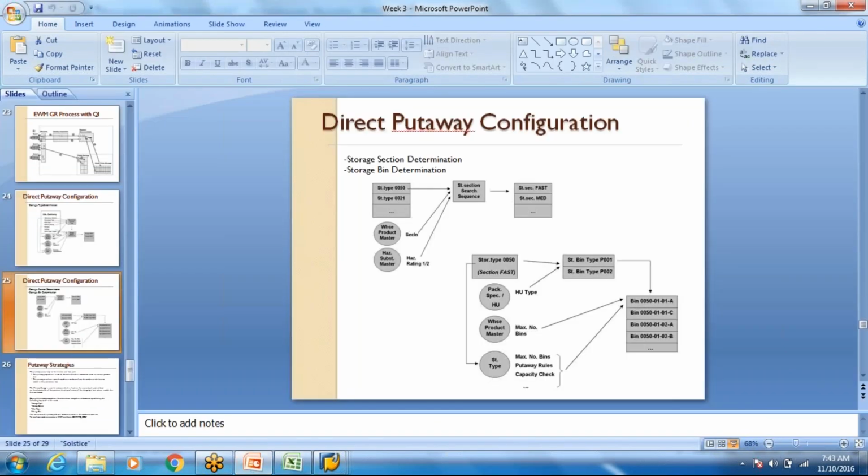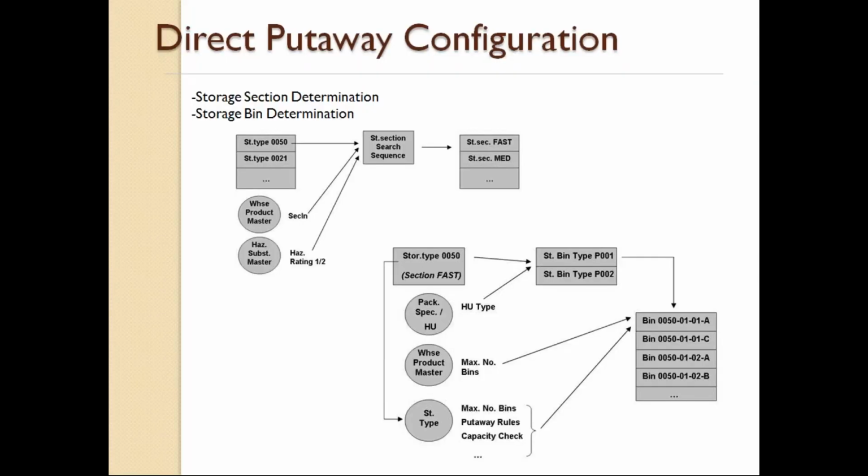Okay. So coming back to where we were, we determine the section. Today we check based on HU type. It checks the bin type. All the bins are determined. So we saw for a bin type P0 for HU type C1, it was going into bin type P001 only, and in that if there are some more restrictions which we can keep,